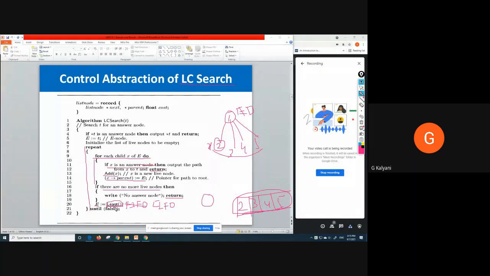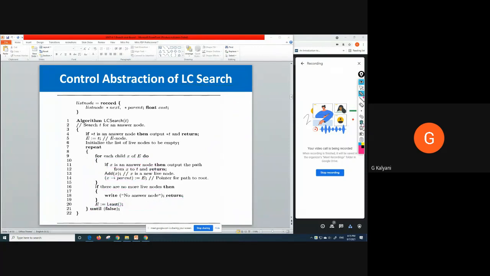If the last generated node is selected as E node, then it is LIFO. If selection is based on the cost function, then it is LC branch and bound or LC search. Right? So these are the three different variants in branch and bound. And among these three variants, obviously the time will be minimum for LC branch and bound. That's why